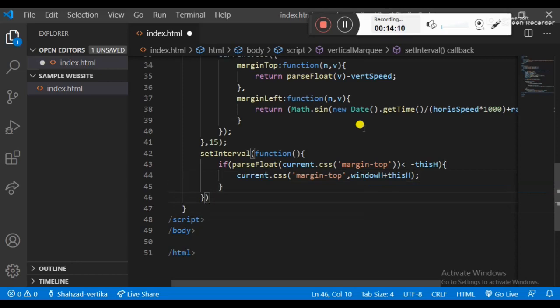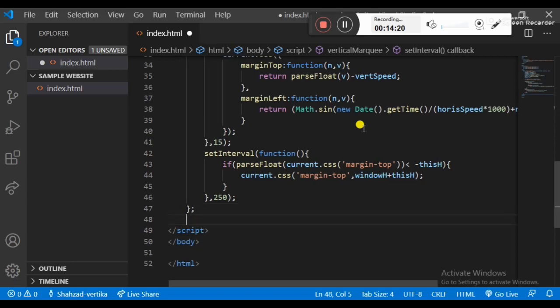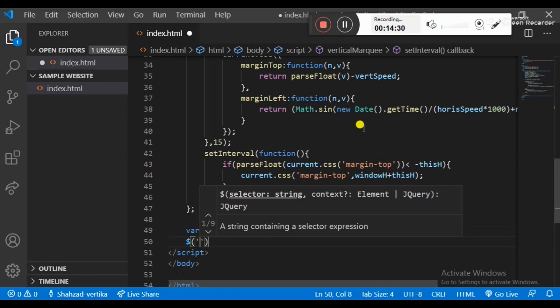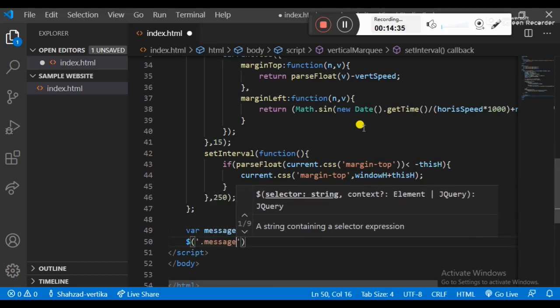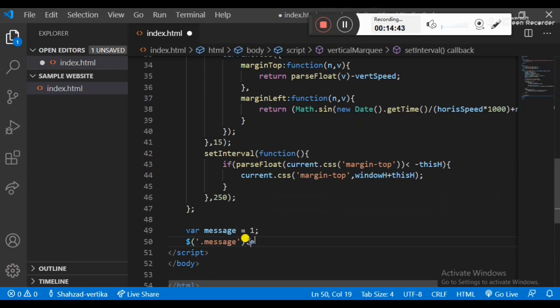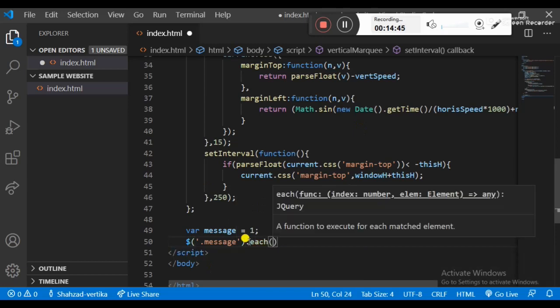250 by this, and now finally we have to finish this function like this. So we have to apply the simple message called 1, and then dollar, like .message. This is the message class. We are not doing this because we are not applying the CSS. So in the end I am just going to apply the CSS, and each of these functions should return a message.